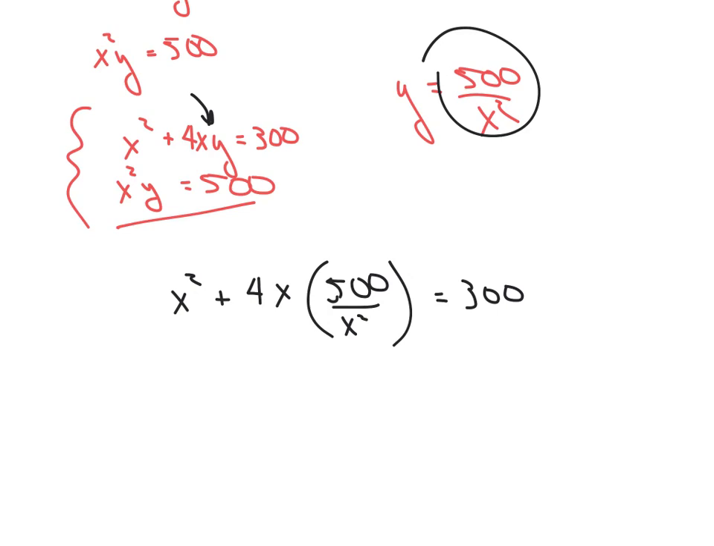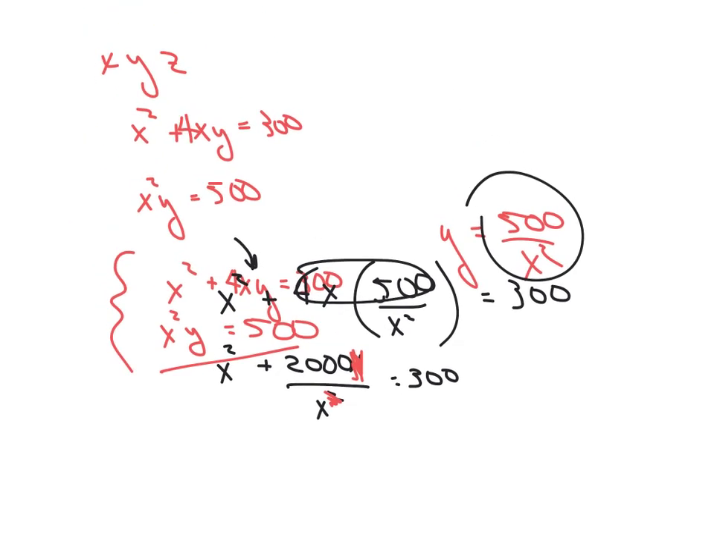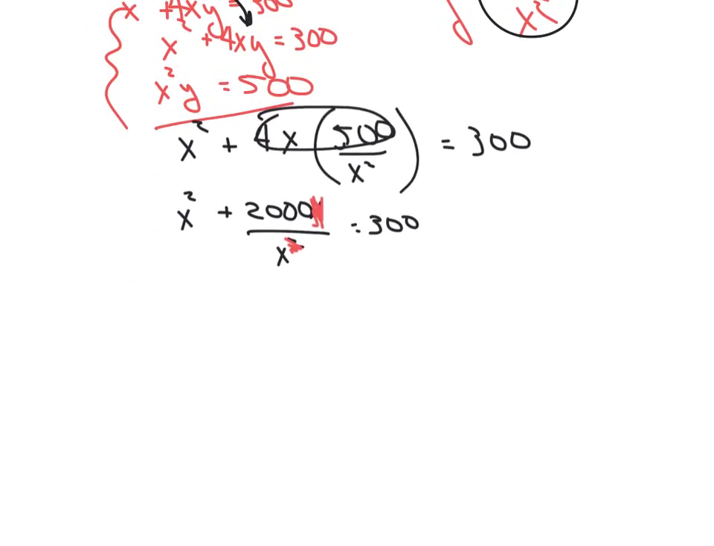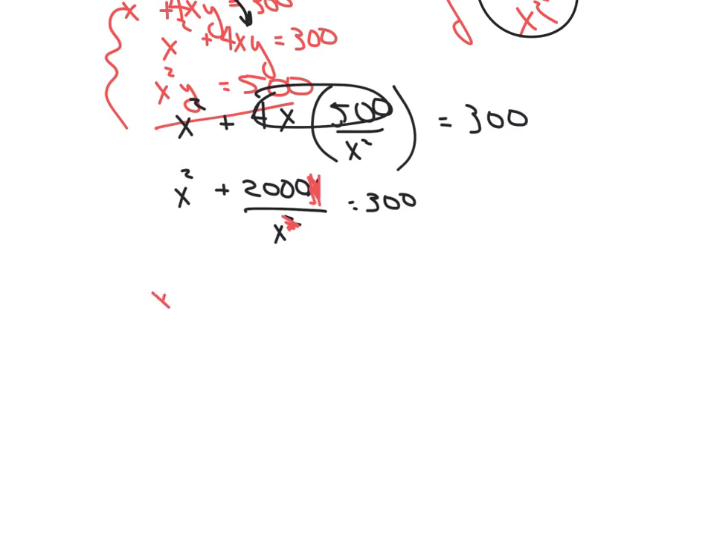Okay? And then we just go ahead and solve this. So we just multiply what we can. Okay? And I know that because I have an x squared here and an x here, I can cancel that x with one of these x's. Whoops, let's get this stuff out of the way here. So now I've got x squared plus 2,000 over x equals